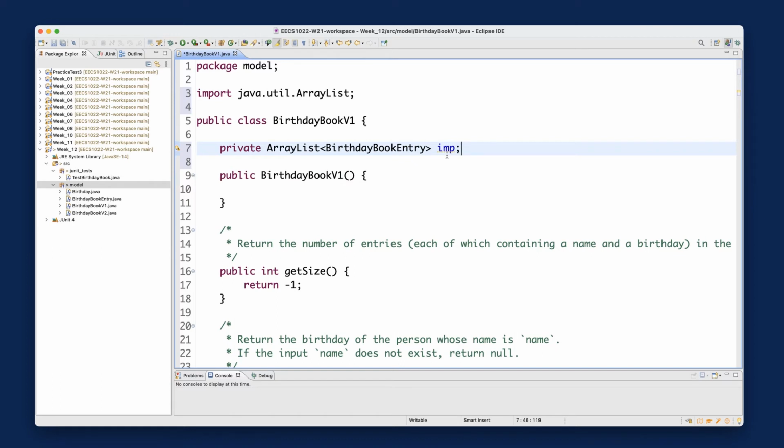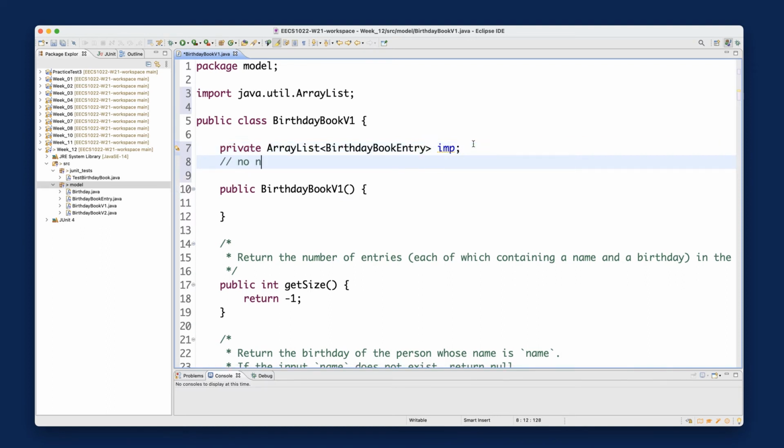And later on, when I go for version number 2, I'm also going to declare the same attribute with the same name, imp, but with a different type. Okay, so now in the constructor, we are going to initialize an empty birthday book. But now notice one thing. I don't really need any integer counter anymore. So notice that, right? No need to declare an integer counter to keep track of